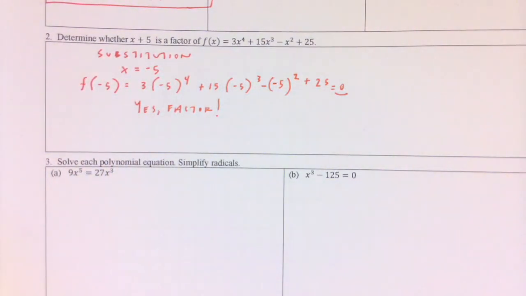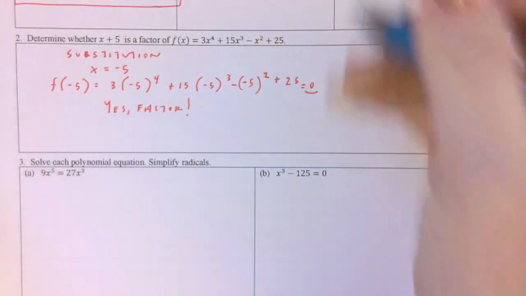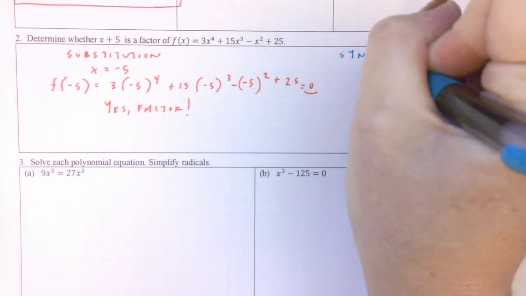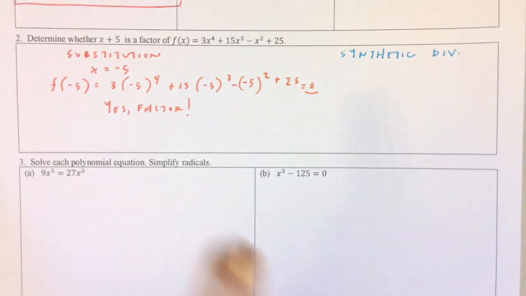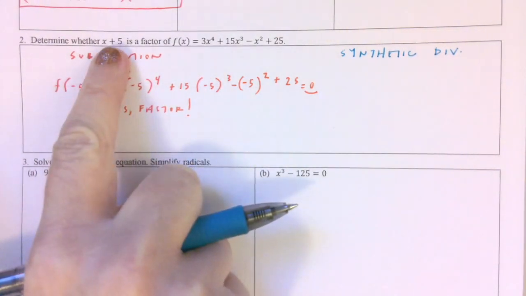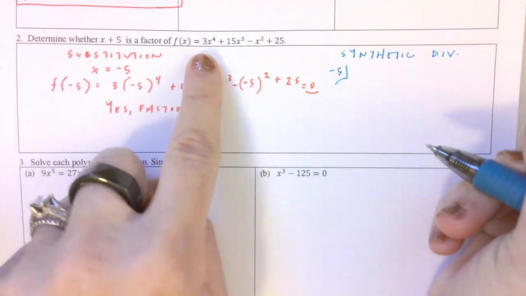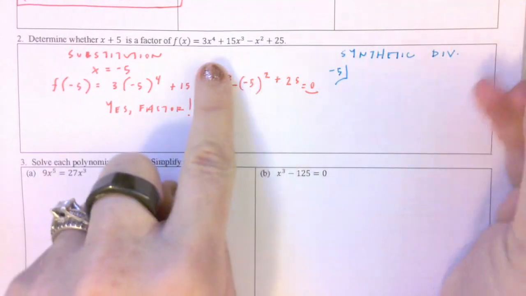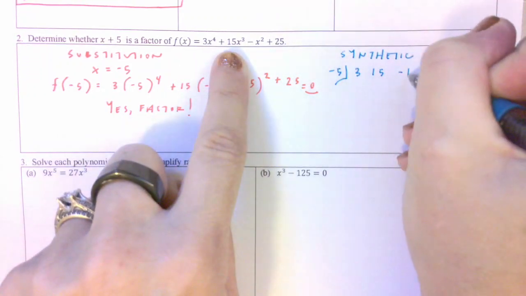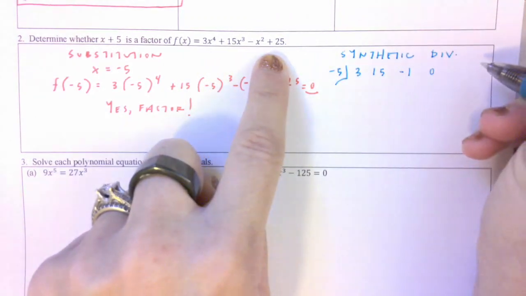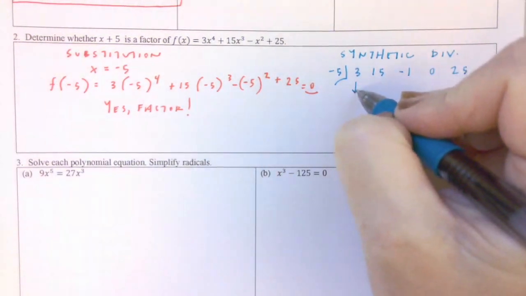Okay, if instead you wanted to use synthetic division or long division, that works too. Let's show you synthetic division again. So here I would be dividing out again the solution of negative 5. Okay, transfer all of these coefficients. Use a placeholder if something isn't there. So 3, 15, negative 1, 0 for that linear term, and then 25. Okay, bring down the 3,